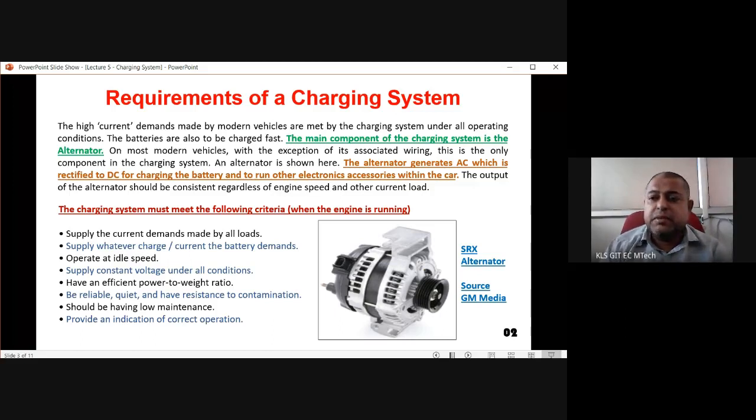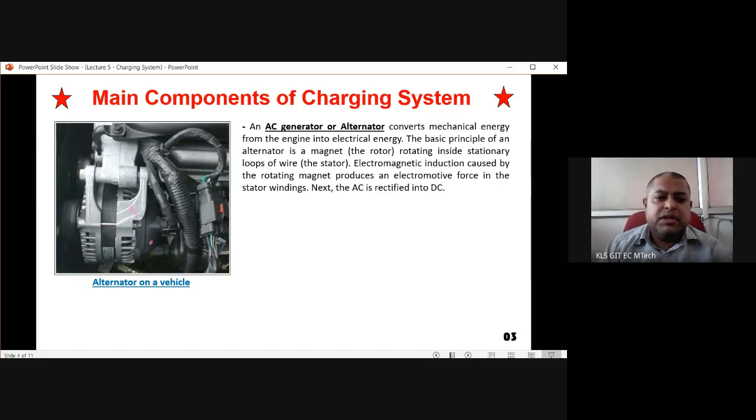So constant speed monitoring of alternator, constant output monitoring of alternator are required. So if there is any kind of problem that is coming in case of alternator or engine sound and all those things, we should be able to understand and you should be able to take proper corrective methods. So here you can see one alternator on a vehicle. This is a very important slide. That's why I have put 2 stars.